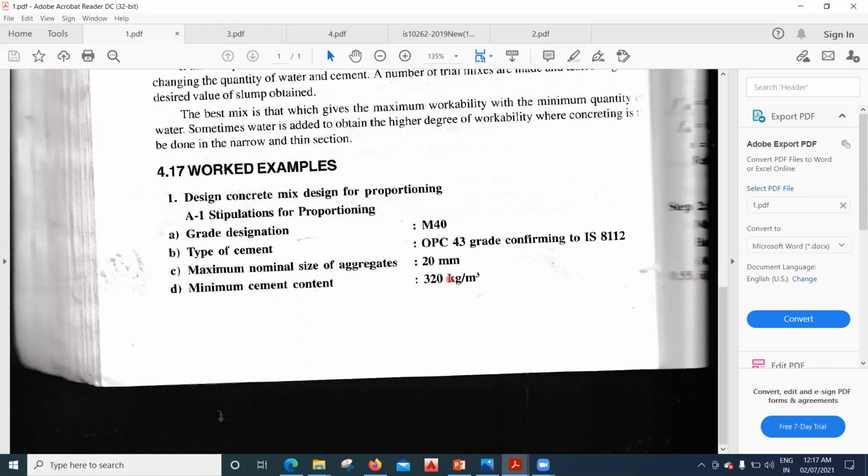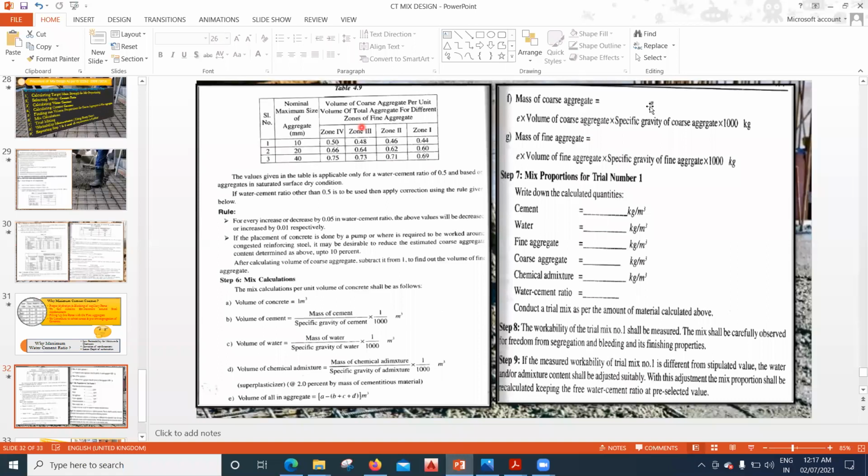But once you finish this lecture, you will be in a position to understand in a better way. Even though you're not able to understand, just continue with me. It's very simple to learn. What you're supposed to do now, come to this table. Only one thing you need to remember: always we are going to make use of 20 aggregates only.